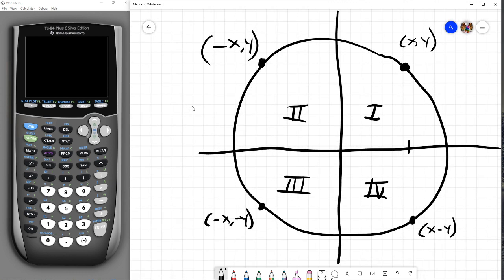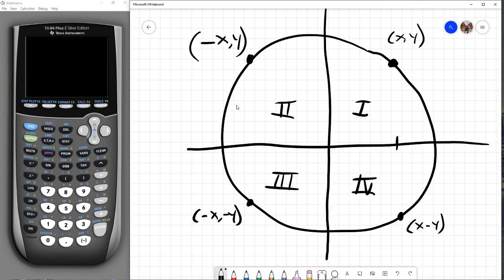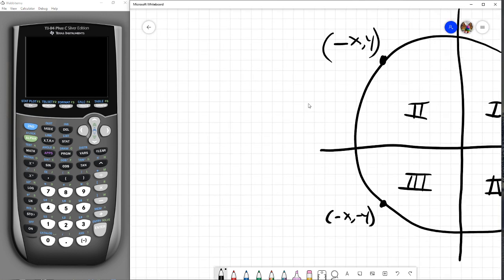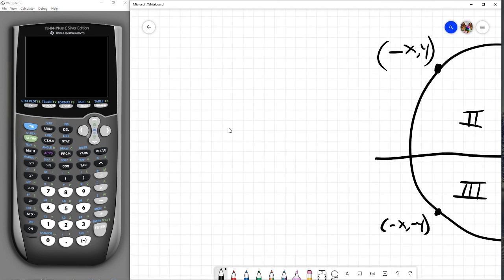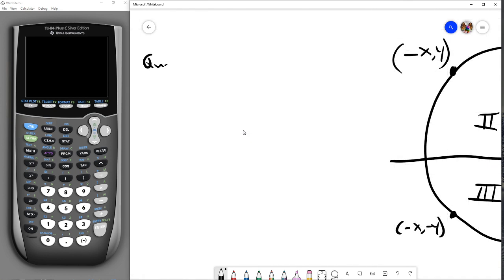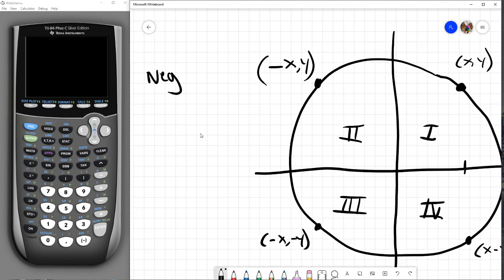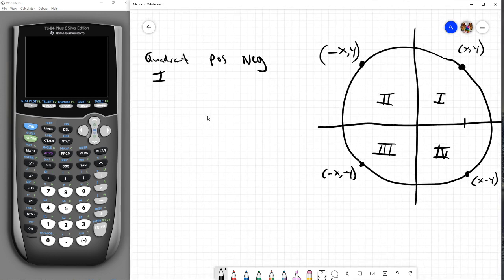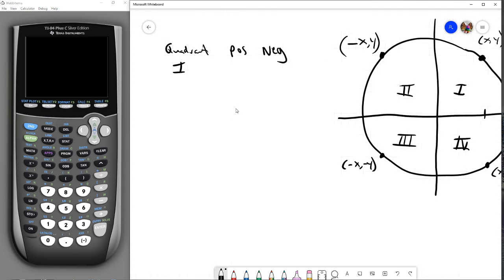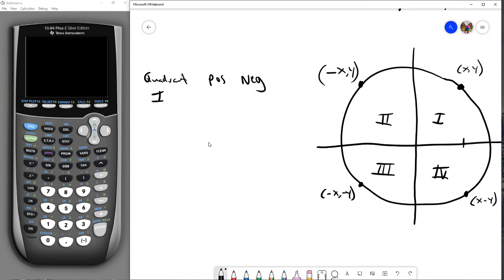So we can make a table. So let's get our table going. We want to do quadrant, positive, and negative. So in quadrant 1, x and y are both positive. So what this means then, since x and y are both positive, then if we recall,